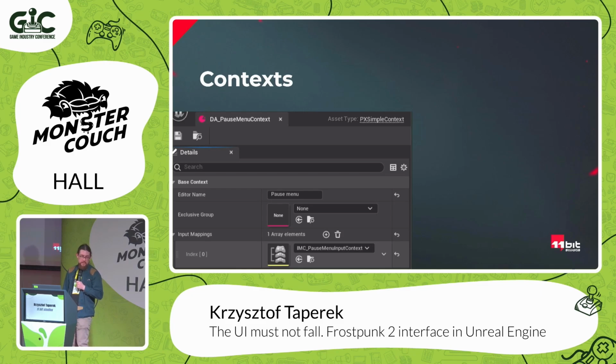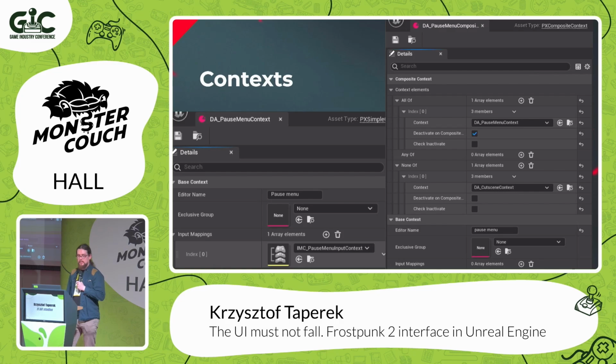Mainly, it has some inputs. We are binding our inputs in Enhanced Input. Enhanced Input is something that Unreal added in 5.1, I think, and we are using it. And we are binding every shortcut in the game to a context. That's the easiest approach, to block inputs by those contexts. This pause menu context, of course, is activated when we open the pause menu.